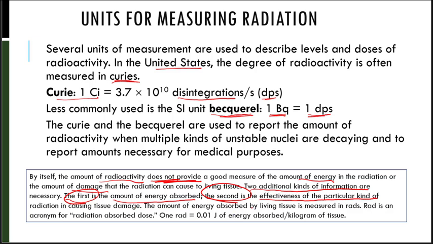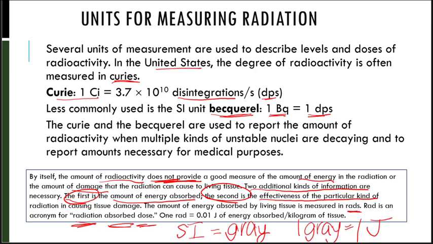The amount of energy absorbed by living tissue is measured in rads. RAD is an acronym for radiation absorbed dose. 1 rad is equal to 0.01 joules of energy absorbed per kilogram of tissue. The SI equivalent of a rad is a gray, and 1 gray is equal to the absorption of 1 joule